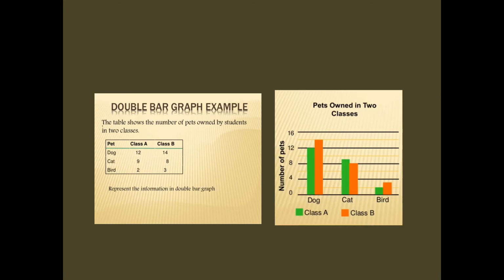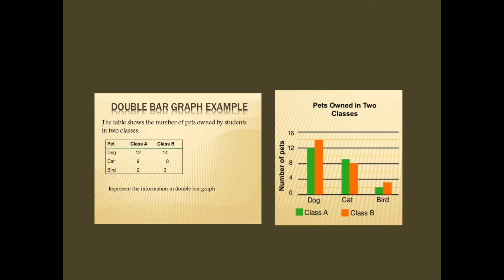Now, let us also understand about the double bar graph using an example. But before that, let us understand what actually a double bar graph is for. So, we can say that a double bar graph gives comparison between two categories or individual things in form of a bar graph. Here, let us understand using the example.